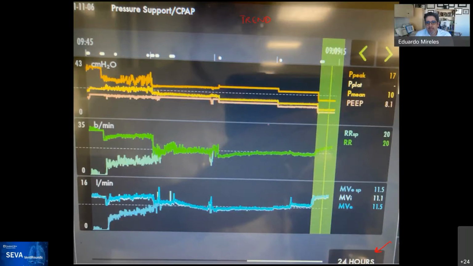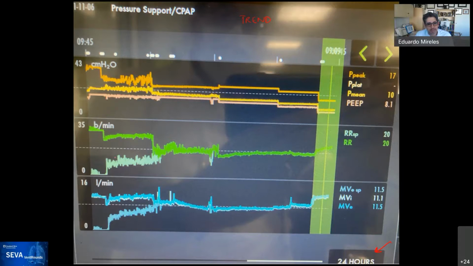And you can actually scroll, and this bar you can move back and forth. Right now it's sitting here, so it's reading the values at this point in time. So the peak pressure at that point is 17, right here, and the PEEP of 8.1 is right here. And then the respiratory rate is the total respiratory rate of the patient, and